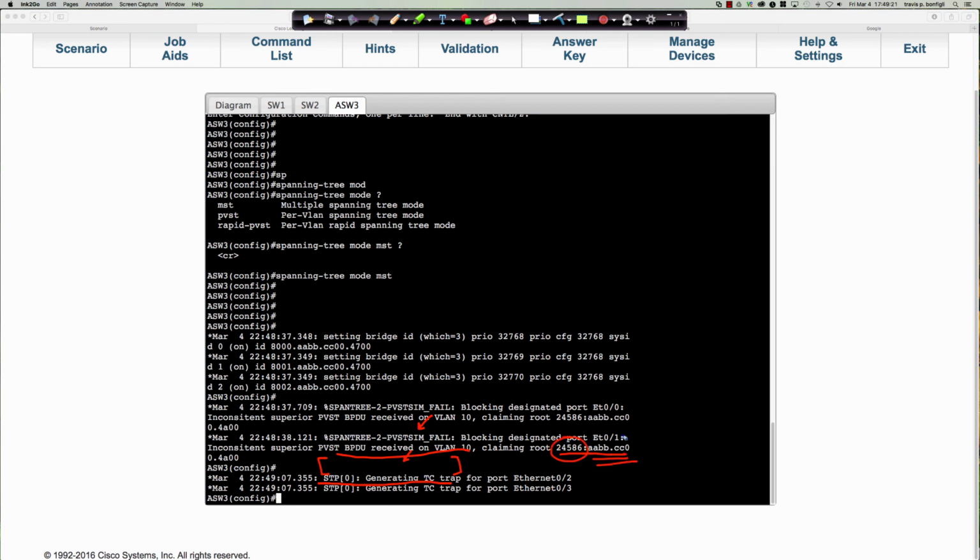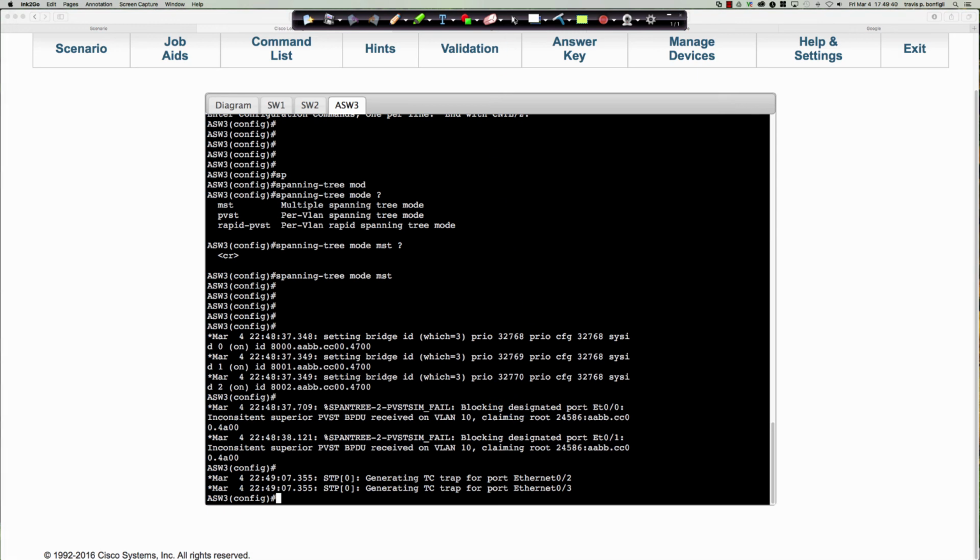So here's the bridge identifier, and that is who is claiming to be root out Ethernet 0/0 and Ethernet 0/1, because again, we are not the root bridge. There's a lower priority on switch 1 as well as on switch 2,